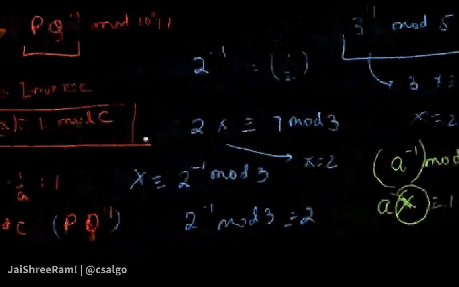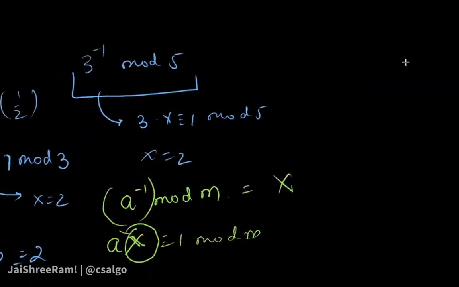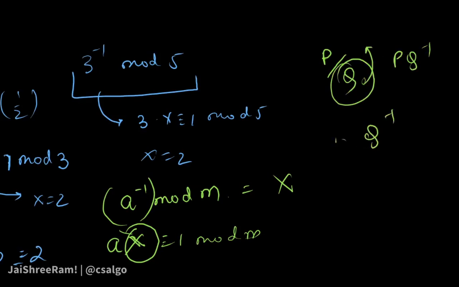So whenever you have, say, a probability kind of problem where you generally have fractions, right? In probability you generally get the answer in p by q form. So in the problem you will be asked for P times Q inverse, and for finding this, what you can do is just find the Q inverse, multiply that with P, and then report that modulo some C that is given to you in the problem. Okay.